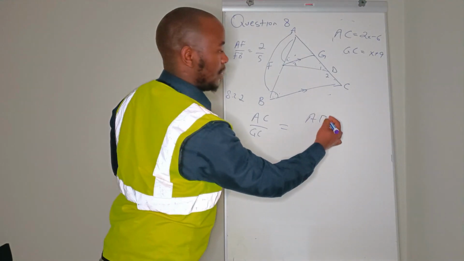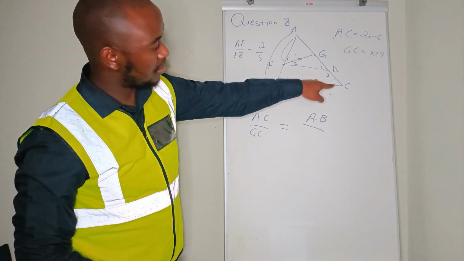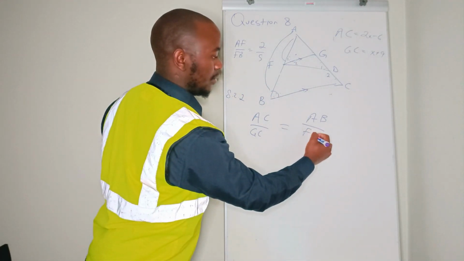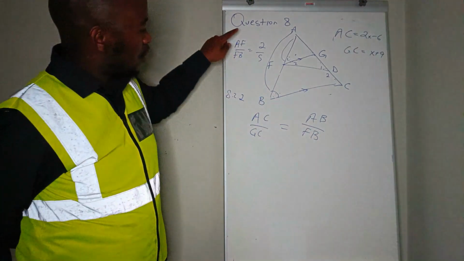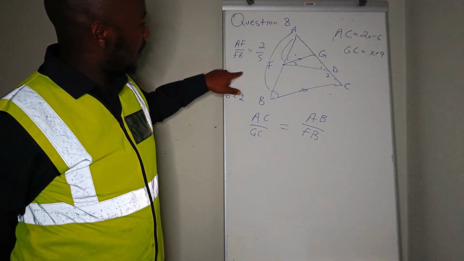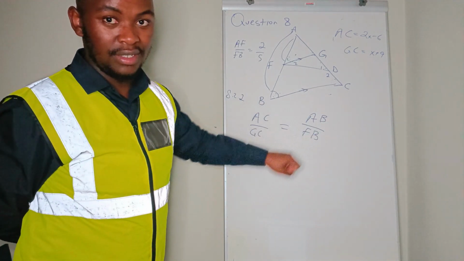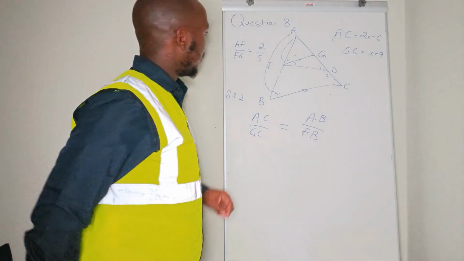So AB over GC, which is this side in here. Then on this side is going to be FB. We do have a ratio of AF over FB, but we don't have the ratio that speaks about AB. So how do we find it? Alright, so